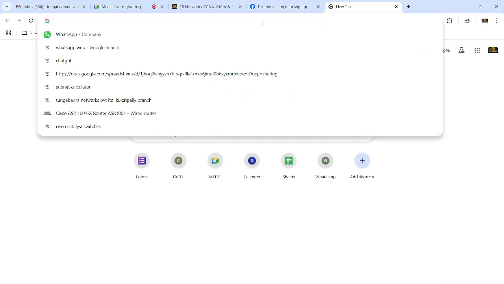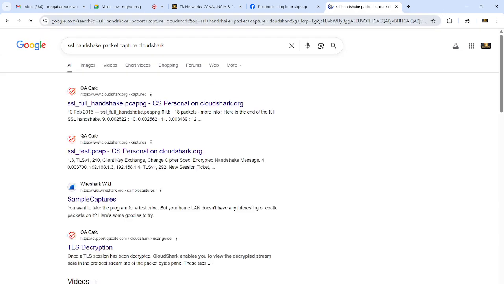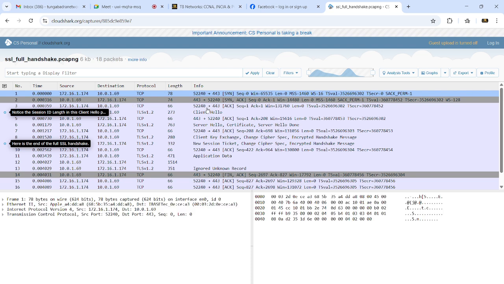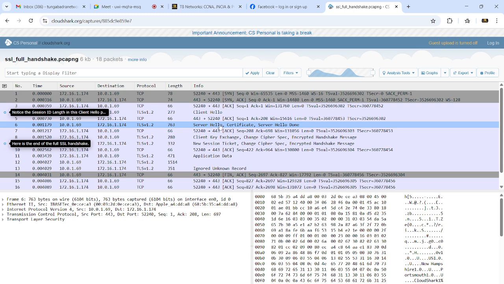Here is the client hello. Along with the server hello we will see the certificate and the server hello done.